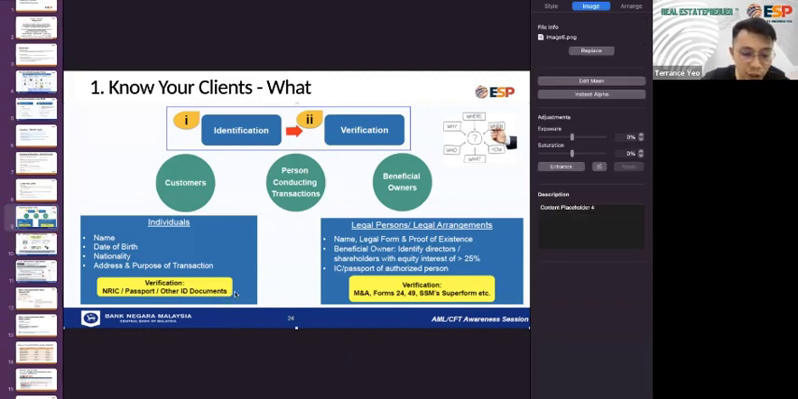When I say other ID documents, it could be the permit or visa for foreigners. This is for individuals. Whereas for legal persons, or the legal entity, these are the documents that we need to request from the business owner: the M&A, Forms 24, 49, and SSM super form. So what information is required is the name, the legal form, the proof of existence, and the